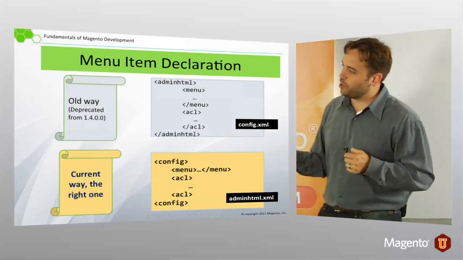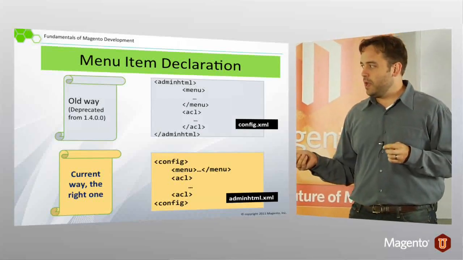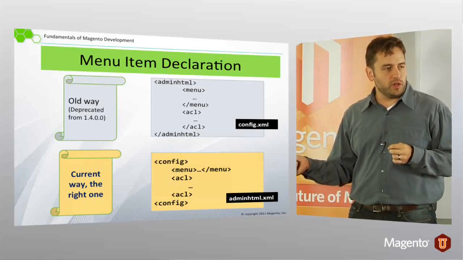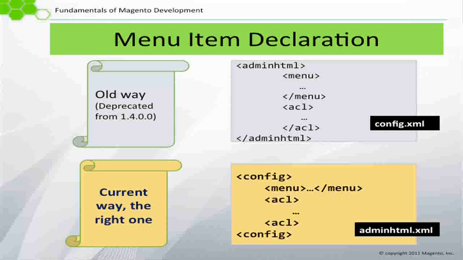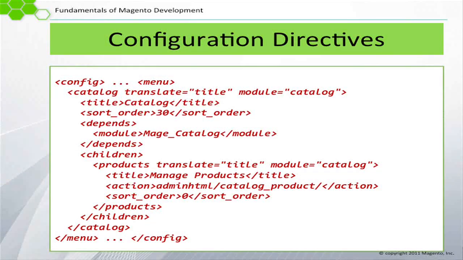And that has this basic structure here. So config and menu, right here, this menu node, this builds the menu at the top of the admin panel. And ACL obviously builds out that ACL tree. And there are similar syntaxes here. The structure of these two will be similar. So what does that structure look like? Well,